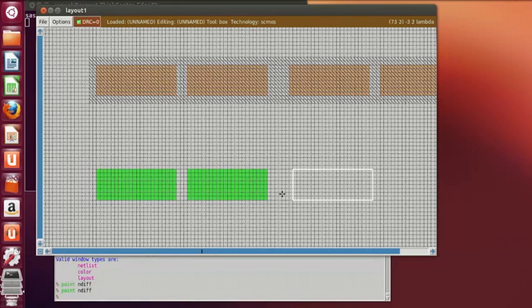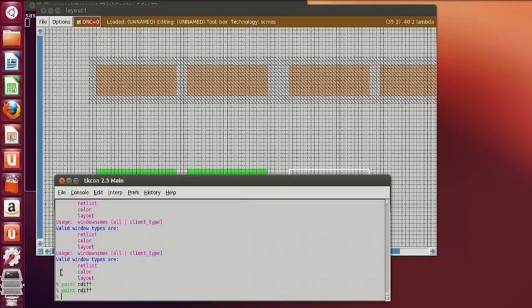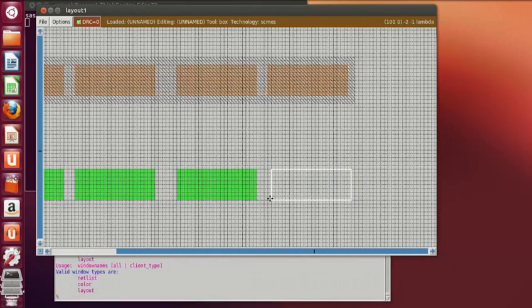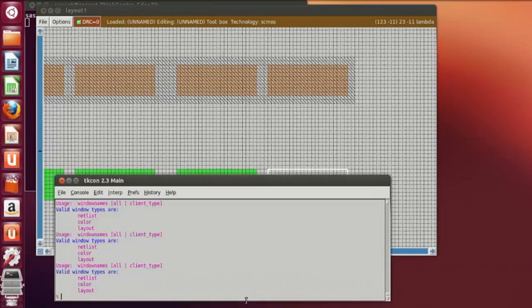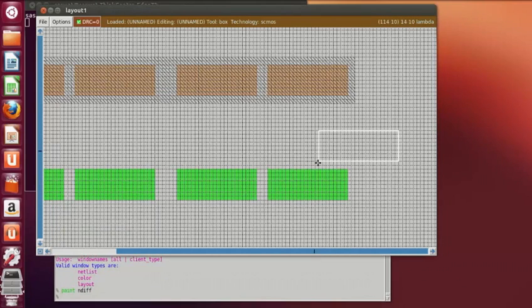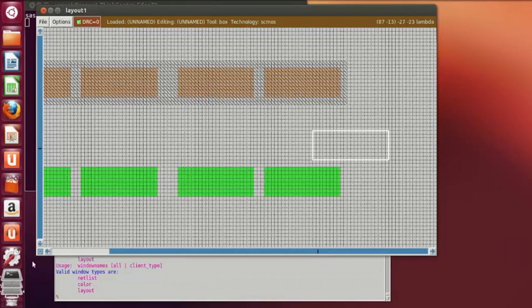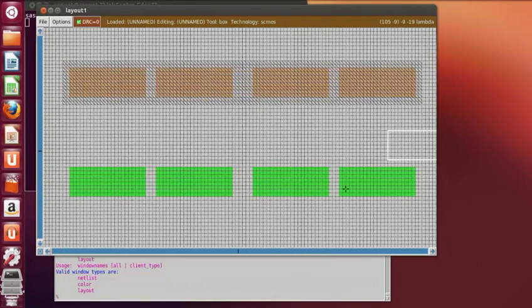Now just in order to get uniformity, you have to place it with similar gaps. Okay, now the first two PMOS and NMOS are meant for drawing the inverters, and the last two are